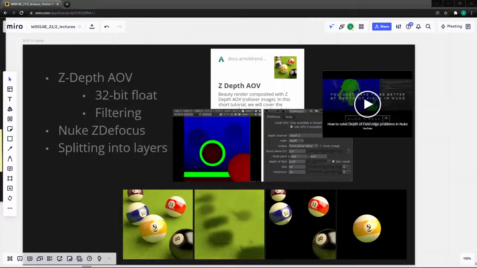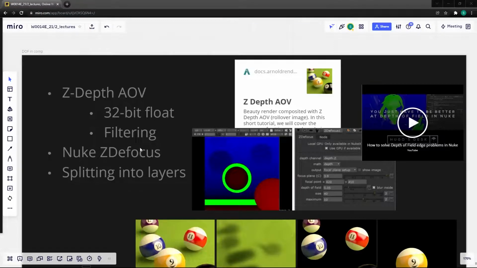But because it's quite slow to render, it used to be quite common to do this in comp instead. These days, I think most people just render it in. But it depends on the company, and how much time you have to render. Sometimes it's just good to know that you can do this sort of stuff in post as well, because suddenly you find strange uses for it, and it's nice to be able to add that level of control. So what you can do is render the Z depth,